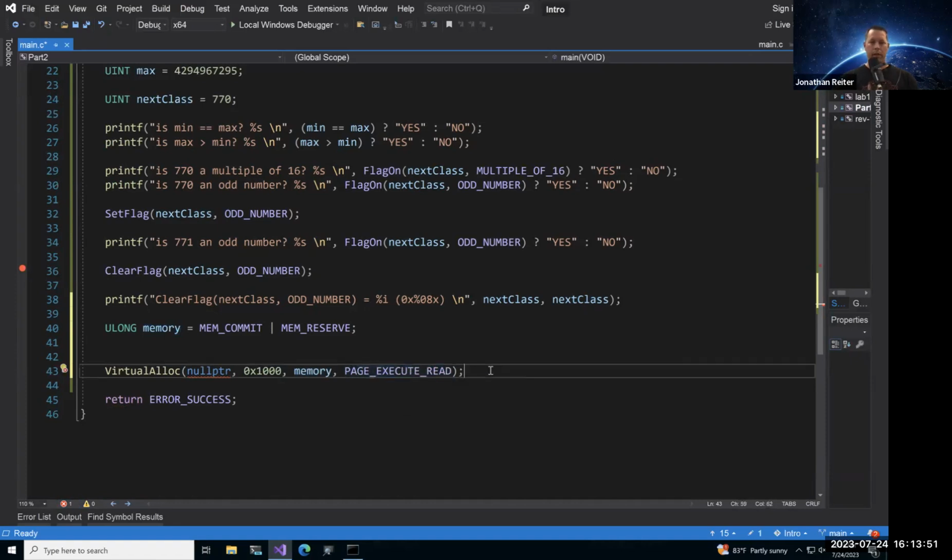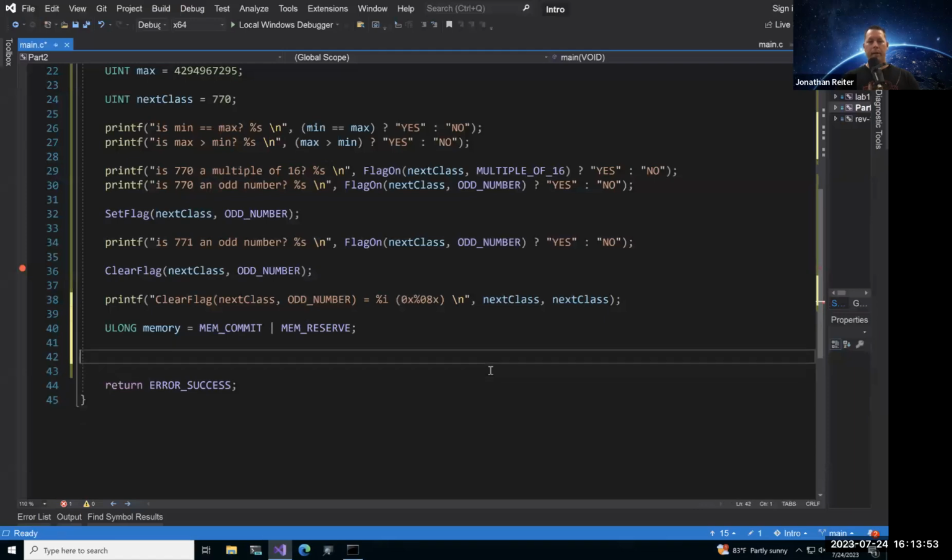So cool, that's where it comes into play. VirtualAlloc behind the scenes could do something similar to what we're doing with a flag, to say: is the MEM_COMMIT flag present? Is the MEM_RESERVE flag present?